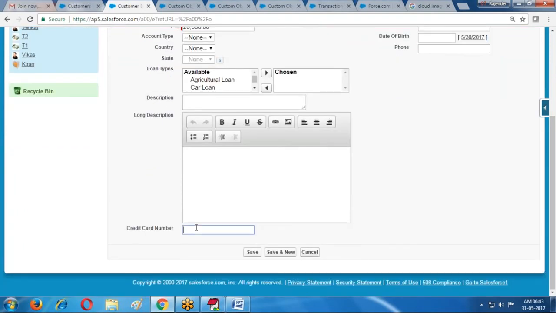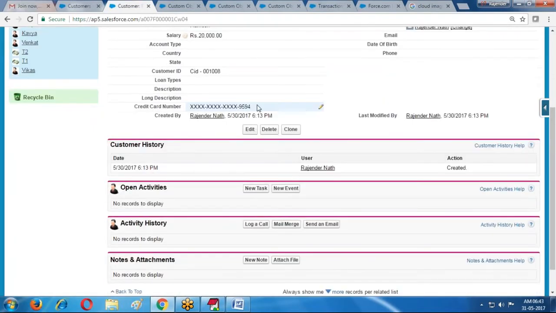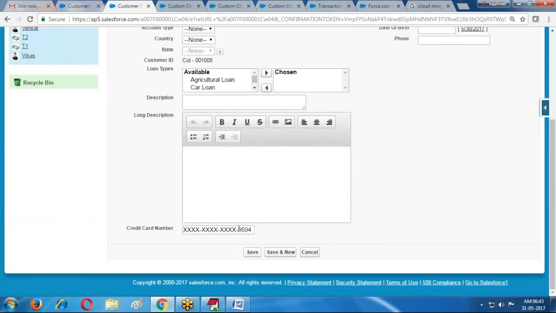Here, credit card number, some number I provided. Whenever I am saving the record, the record is displaying the credit card format, this format. Even if I edit, I can see only the same value. I cannot see it directly.